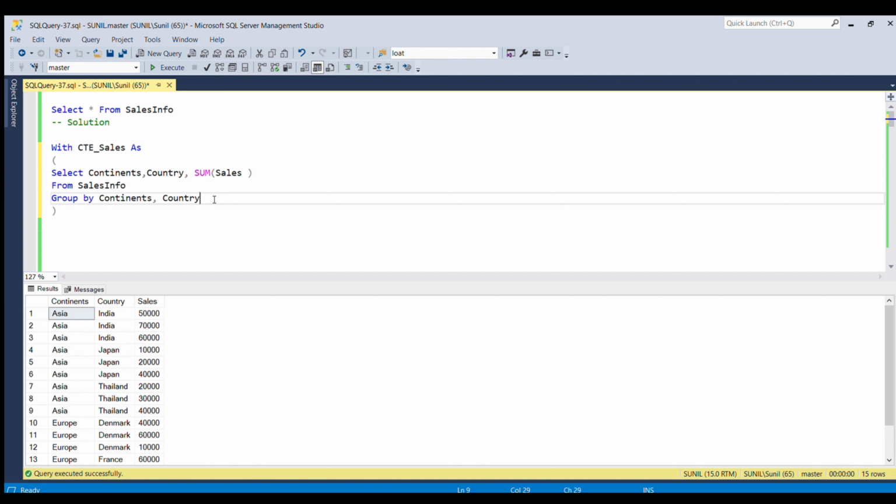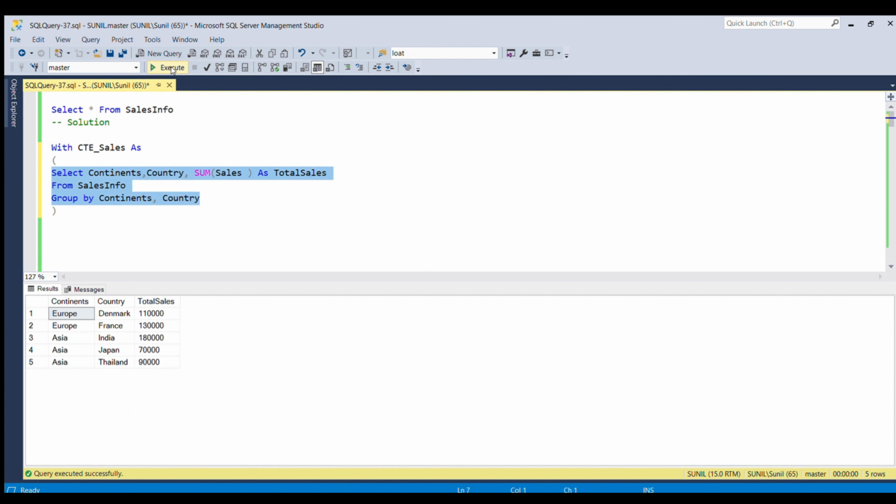Let me give alias as total sales. Now let me run this inner query. Now I'm getting, under each continent, the total sales for each country. So India is having 80,000, Japan is 70,000, and Thailand 90,000.